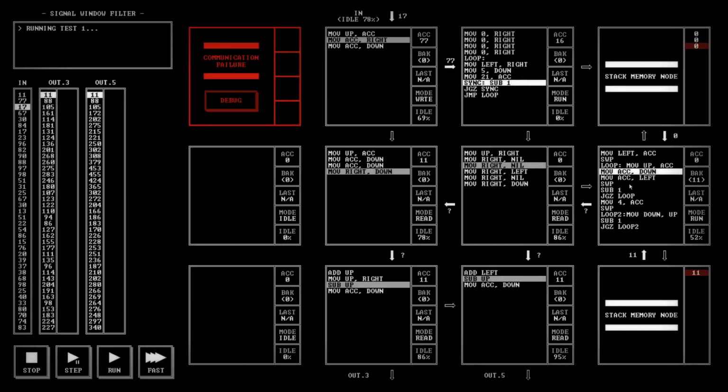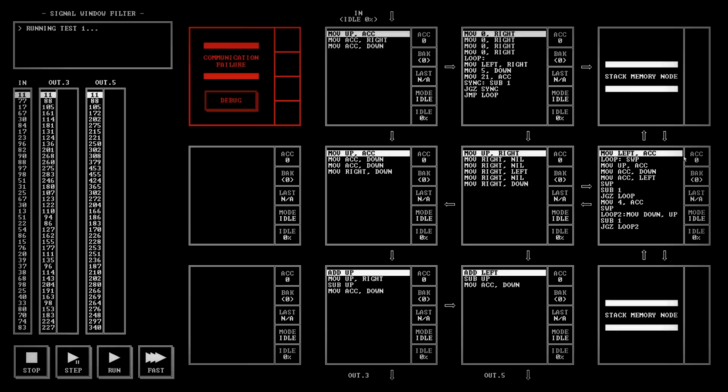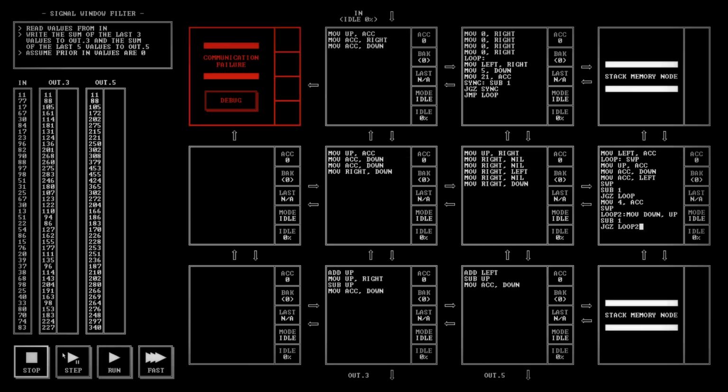Ooh, I need another swap in there. Shoot, it's the same problem that I had before in the last program I did. No, actually, this is more convenient because I can just do this because I already have a swap there. But then my loop is longer. So this becomes 9, so 4.5, okay, so